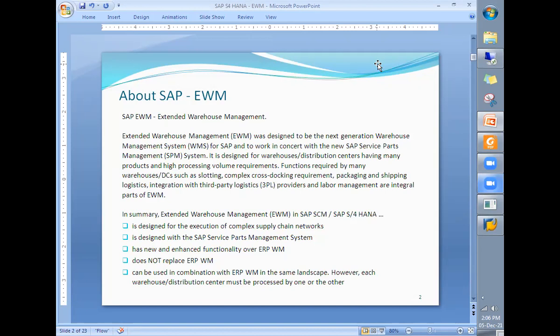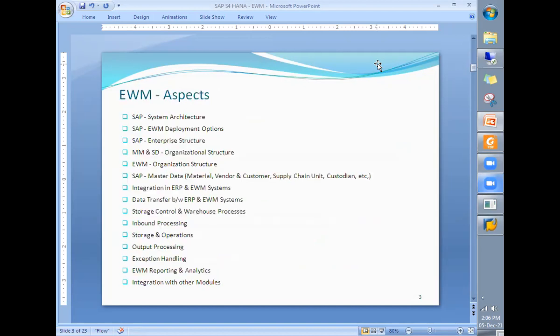In this training, first we will be covering most of the aspects. First we will try to understand what is SAP, and then SAP system architecture. After understanding this, we will see technical aspects related to EWM, like EWM deployment options.